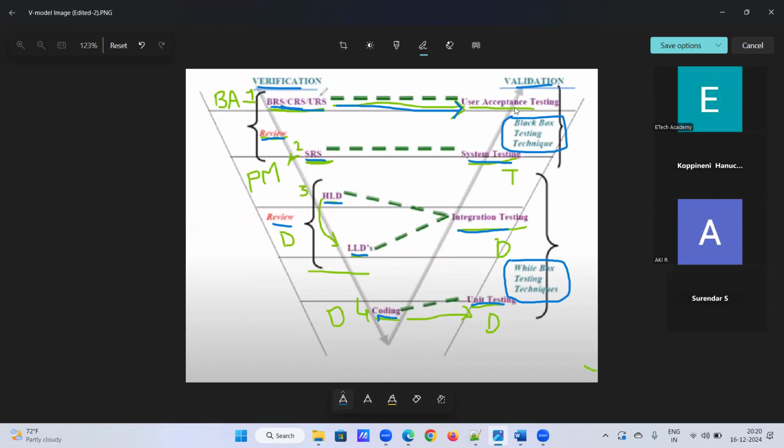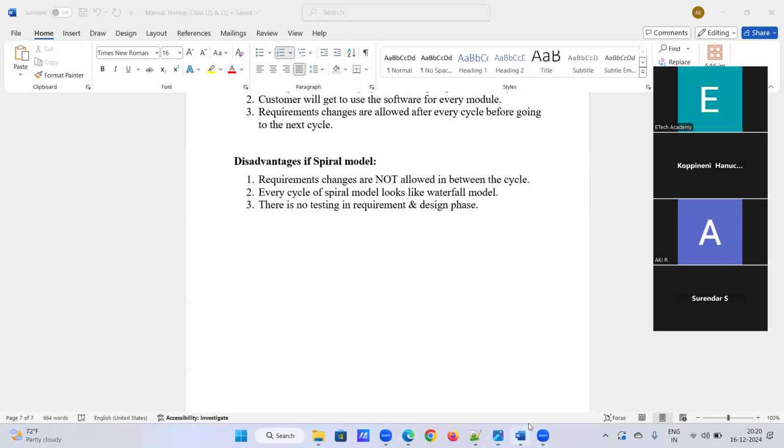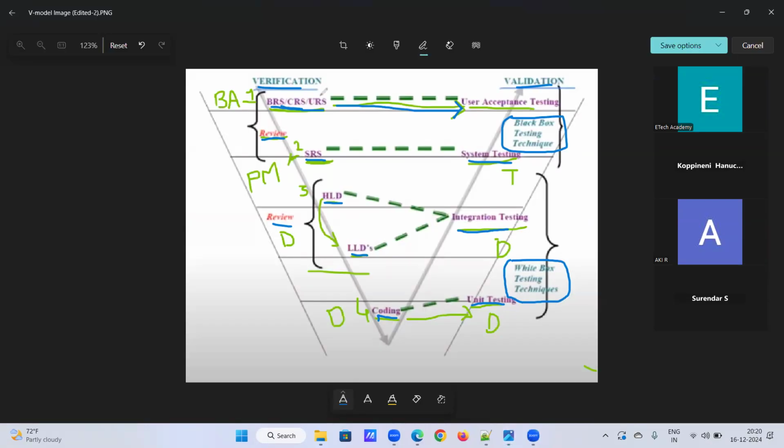So let us try to understand what is verification and validation, right? It is a very important interview question. So it again depends on static or dynamic testing. So verification, let us see the document of it.